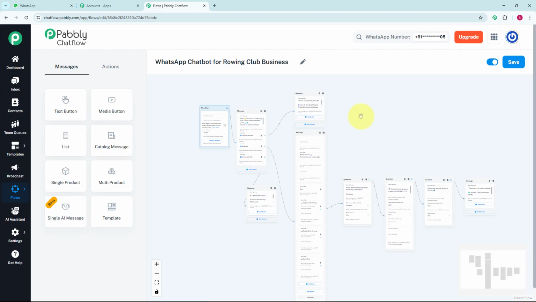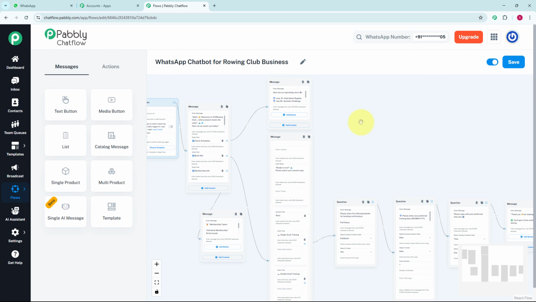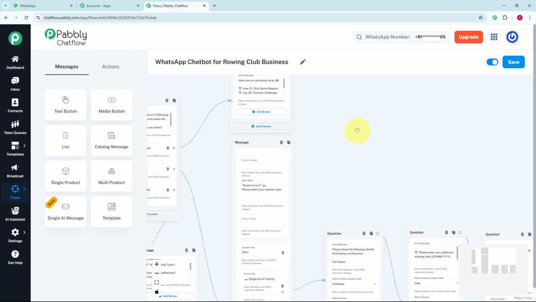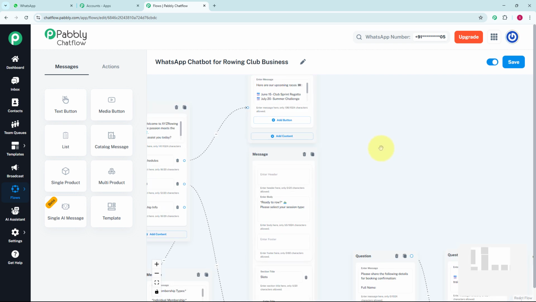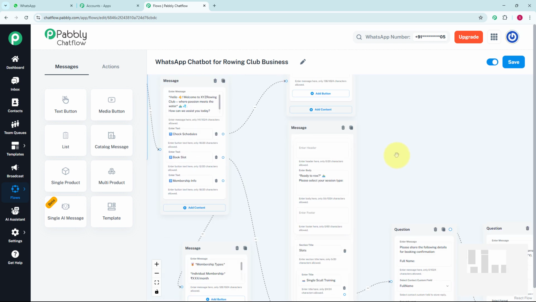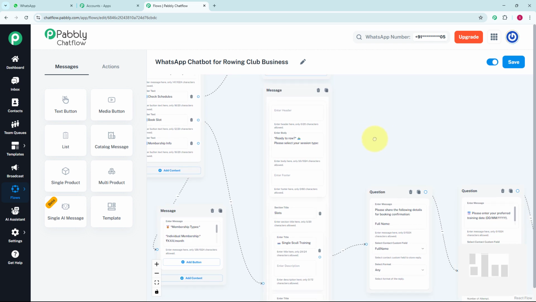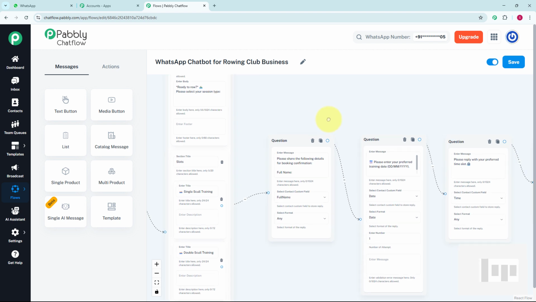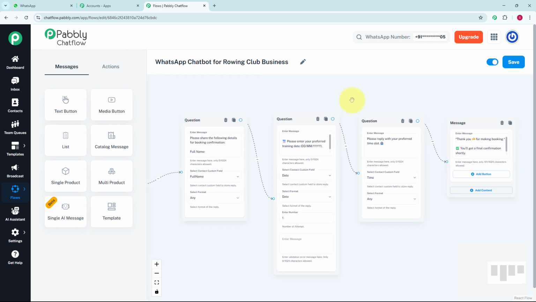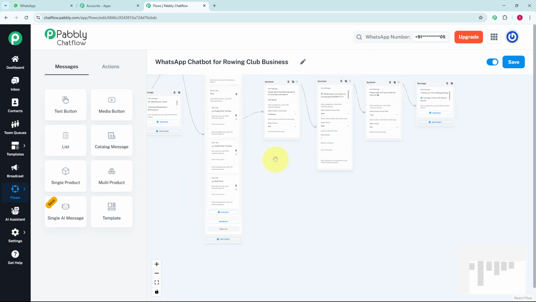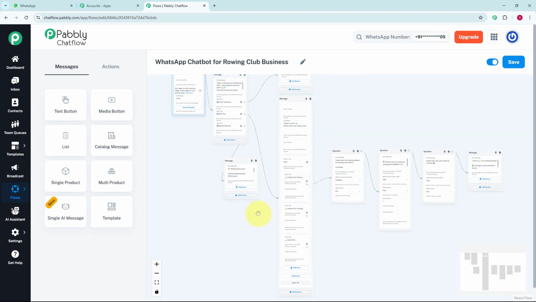WhatsApp chatbot. Welcome to my screen. So in this video we are going to learn how to create a WhatsApp chatbot for a rowing club business. This chatbot will help you to stay connected with your customers by providing them the schedules, booking slots for them and providing membership information to them. This chatbot will help you to save your time by reducing your manual workload by providing you automation. So let's start creating our own WhatsApp chatbot, but firstly I am going to show you how exactly a chatbot